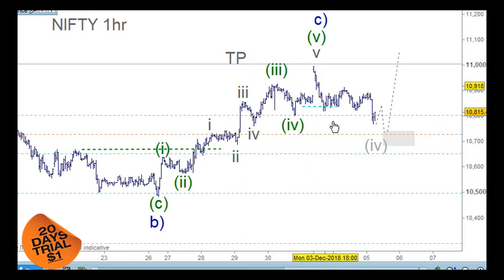It's done here. Does this look like 5 waves coming to the downside? Not really. It looks a little bit more corrective. So I want to gather some more information on this. And this is one of the stronger markets in Asia, so we don't want to go shorting this without any real evidence in play here for this. Okay, alrighty. So I'm just going to leave it at that at the moment.